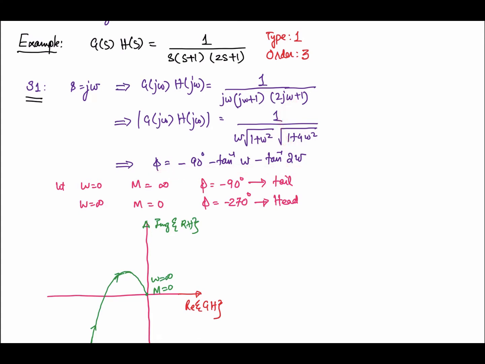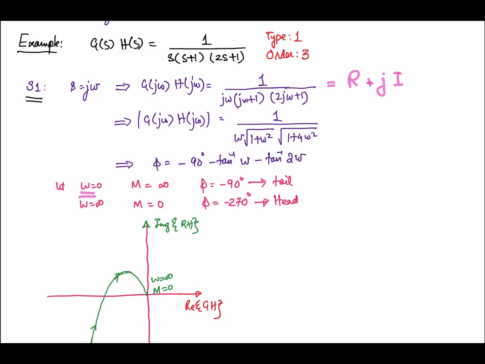So you can represent this transfer function in terms of the real and the imaginary part. So R plus jI, you can also decompose into the real and the imaginary part, and you can use those components to sketch the GH plane representation, right? So now let's look at that.